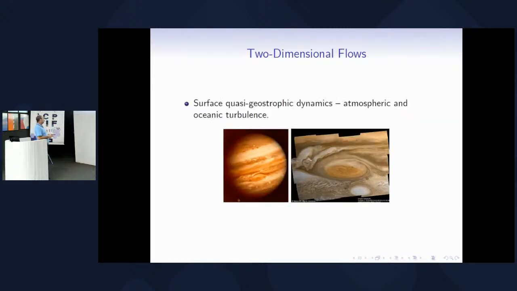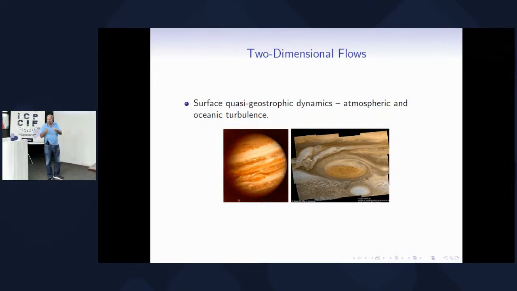But there are other examples like two-dimensional flows, like here on the surface of Jupiter, where we have these turbulent flows that create those structures like the red spot, but there are many other spots like this. And there are some models that consider these spots, these vortices, interacting with a given potential, which is also long range.